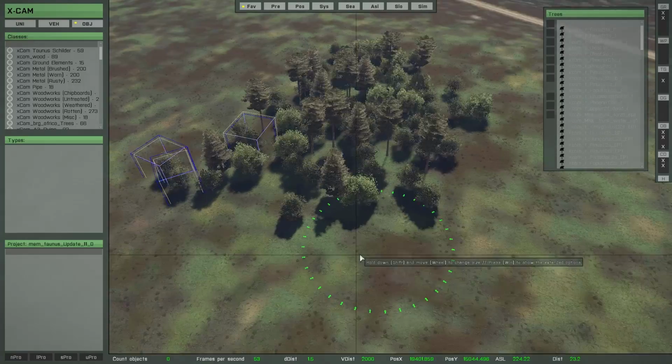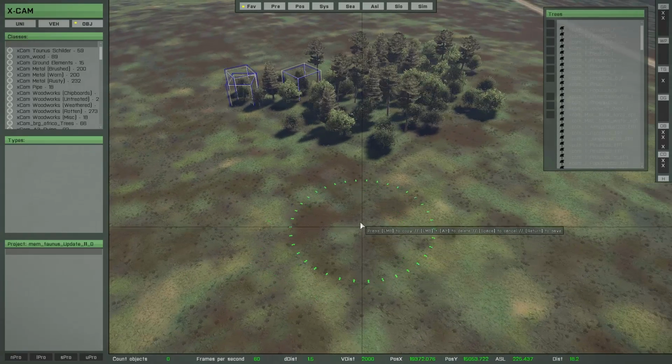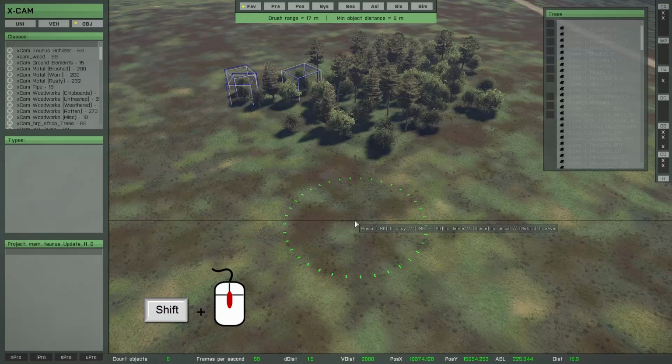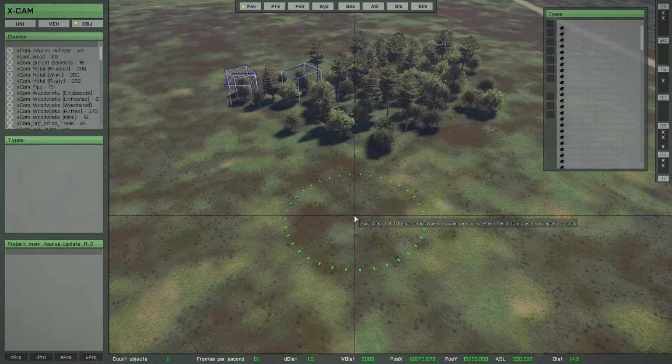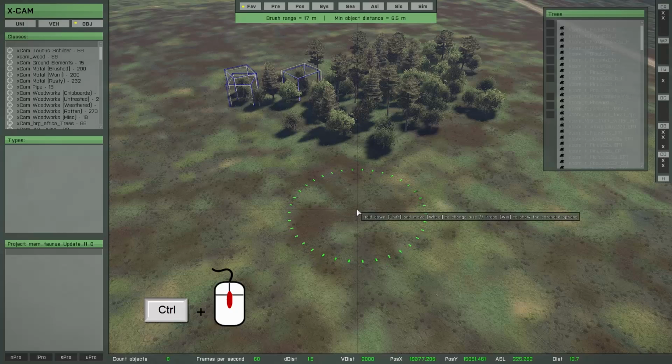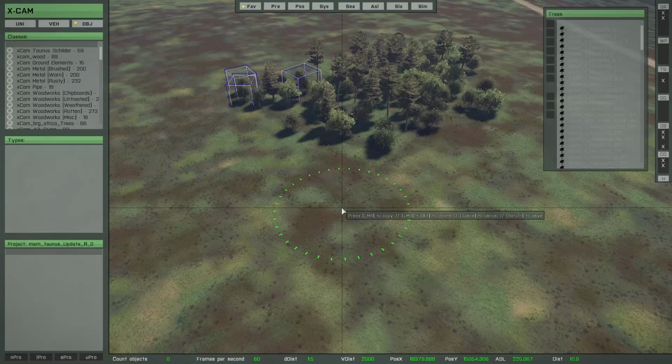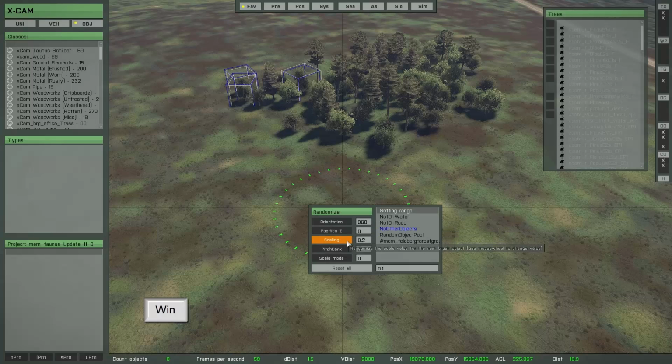Oh, that's okay. And now you can change, for example, the brush size by pressing left shift and using the mouse wheel, or to set up the minimum distance, control and mouse wheel. And maybe you want to set a random scaling value, press and hold down the left Windows key. There's already a random scaling value defined, so 0.2 is a good value. And the option no other objects is also already defined,